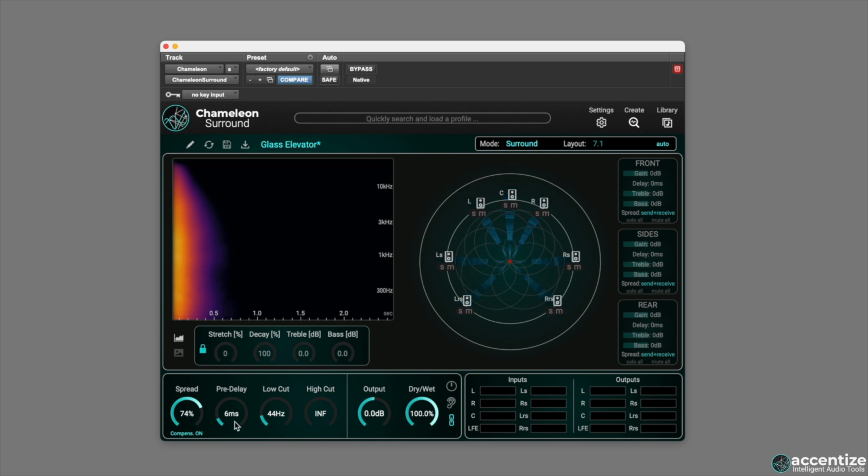Other controls include pre-delay, which is the time delay in milliseconds before the reverb is mixed with the dry signal, low cut, which reduces the low frequency content of the reverb, and high cut, which cuts the higher frequencies. These can be very useful for adjusting the overall tonal balance of a space. There are a few more controls up here, but before we get to those, let's capture our own reverb using